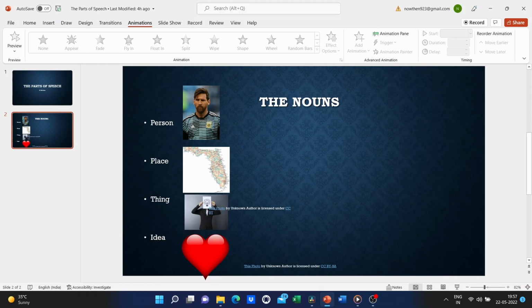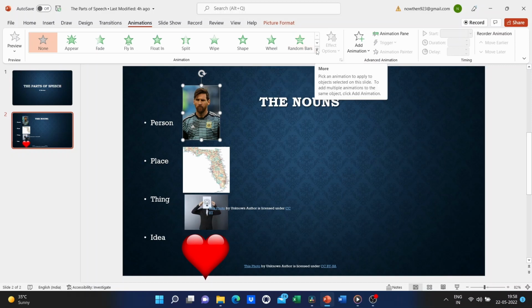Okay, if I want these things to be active so that I can use them, what I need to do is click on something, whether it's text or a picture or whatever it might be. So I'm gonna click here on our person. And now notice what I can do. I can choose an animation style. There are a lot of these, and one thing that beginners to PowerPoint are tempted to do is to try out every single one of these.